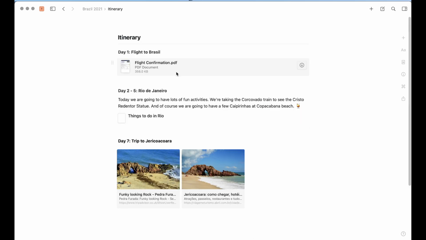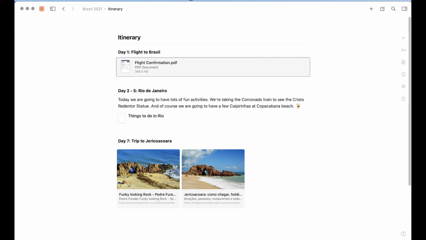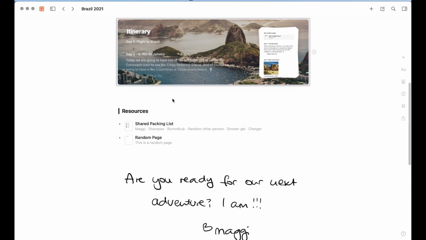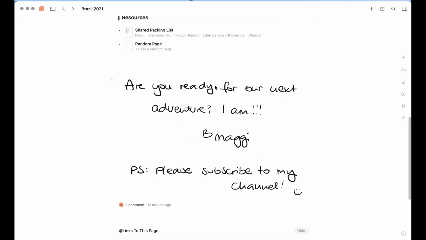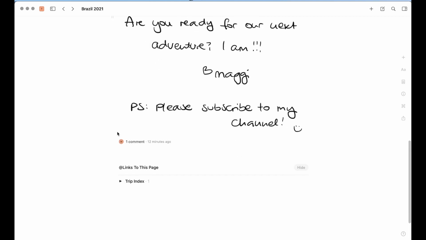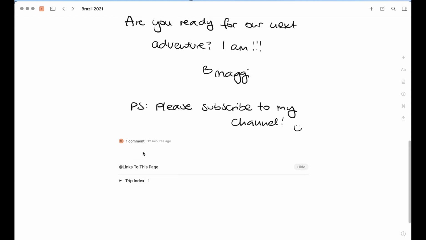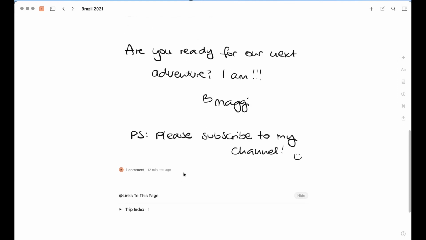We will create a page inside of a page. I'll show you how to add PDFs and other information, how to annotate the PDFs if you would want to add some additional information, how to add links, how to add some written notes. I'm also going to show you how you can share this page very easily with others. Like in my example here, I would share it with the people who travel with me, and then I show how they can add their comments. And I will also show how to create backlinks to this page to keep your organization up.